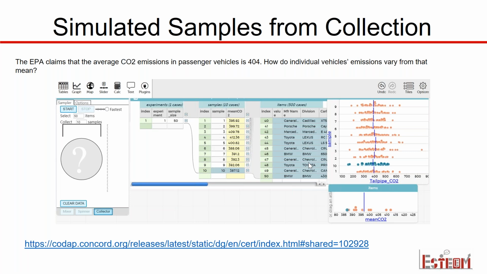In this particular screenshot, I collected 10 samples of size 50, and I have each of the samples graphed over here as dot plots. I have one particular sample highlighted, and it's highlighted also over in the table. I computed the mean for each of these samples, and then I graphed the mean. This is coming from one of our tasks that is building up this idea of a sampling distribution from an empirical approach.